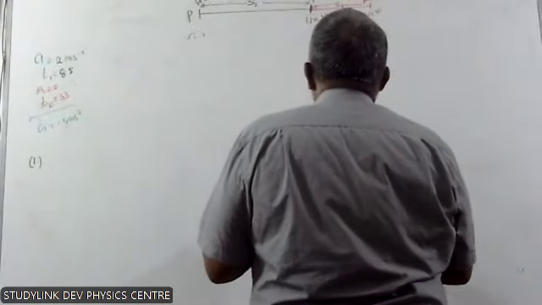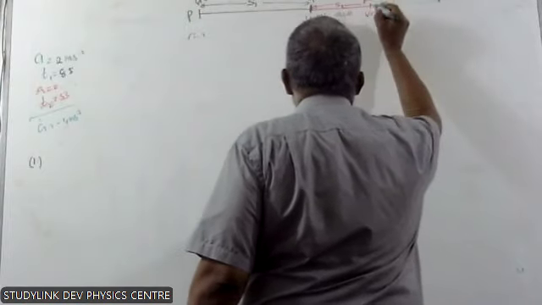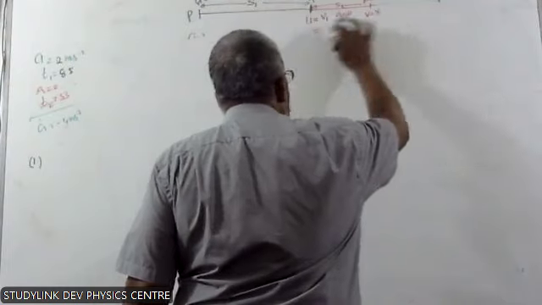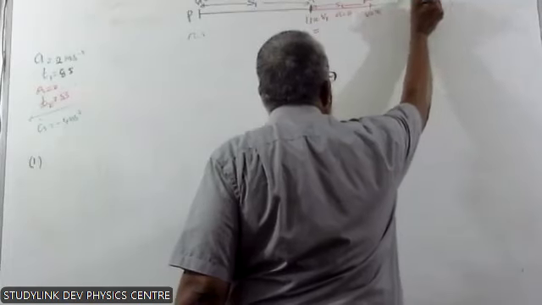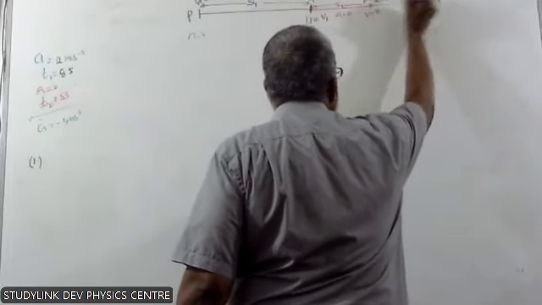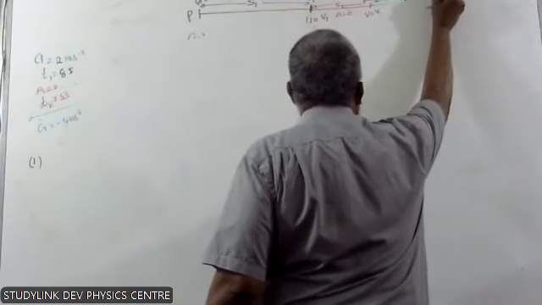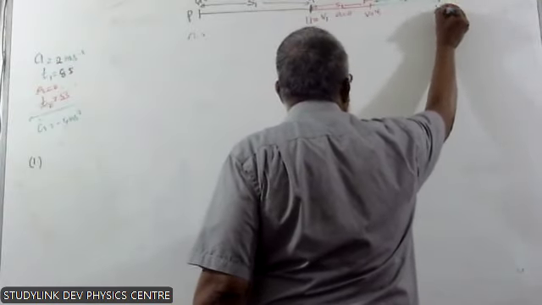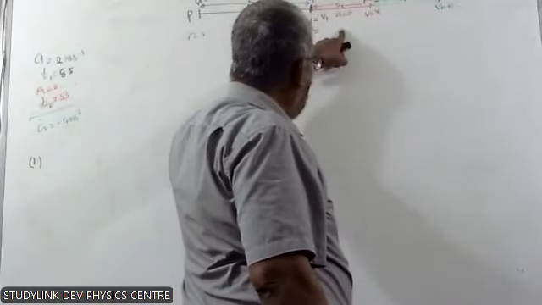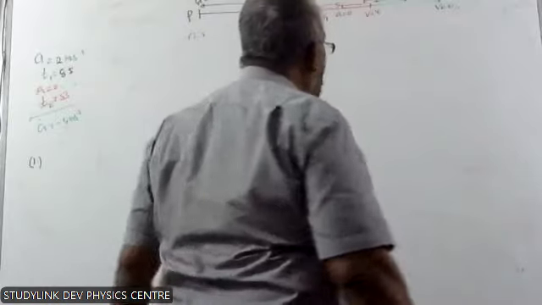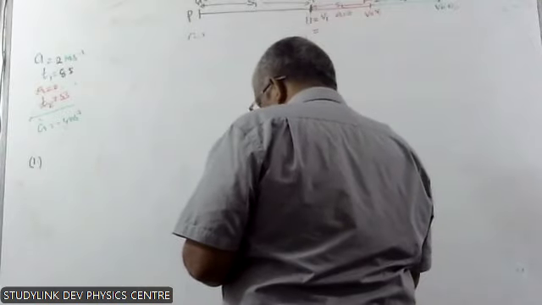I'll draw it with the green, R to S. Then, when we find V1, this third journey, the distance is S3. Final velocity is 0. V is 0. Better write R here. I don't think you can see there, therefore I'll write it here. Better write like this, details here, then below that, then above. So then what is happening is S2, S1, and the other one